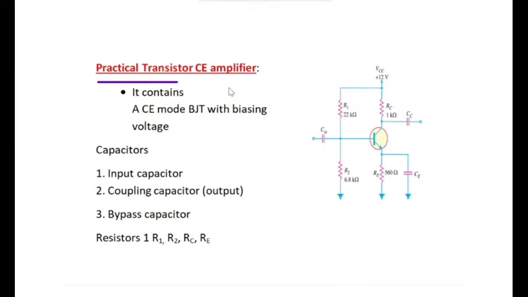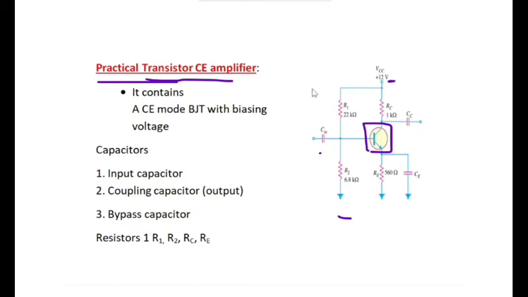CE amplifier. In this session, we will discuss the practical setup of a transistor CE amplifier. It is called a transistor CE amplifier because the amplification device used in this circuit is a transistor, and it is connected in common emitter mode. It contains a BJT and other passive components like capacitors and resistors, and a source device called a voltage device, and it is applied at